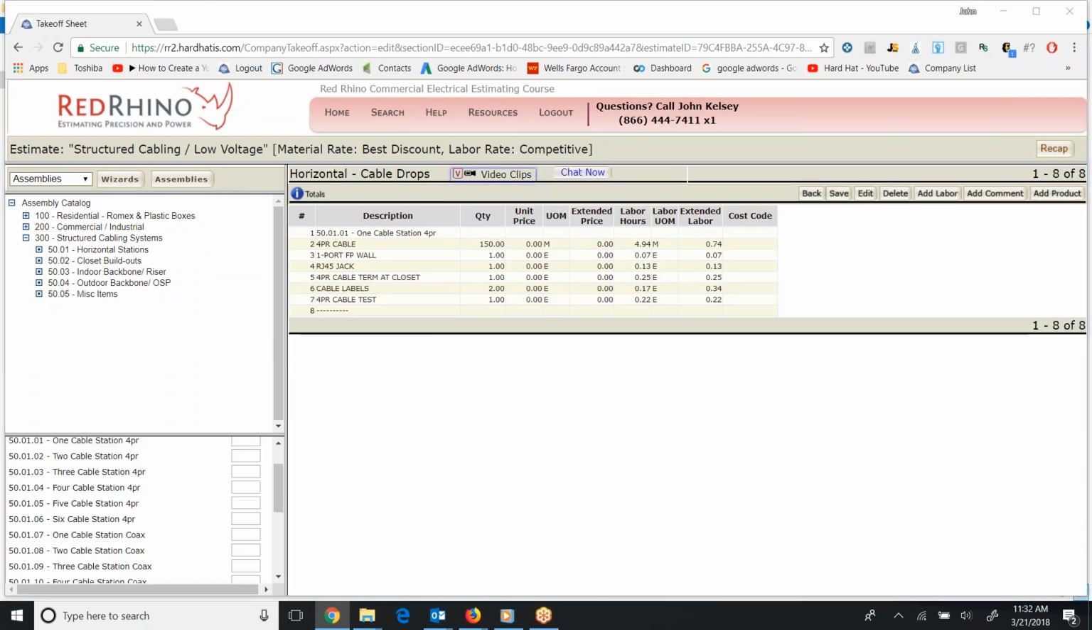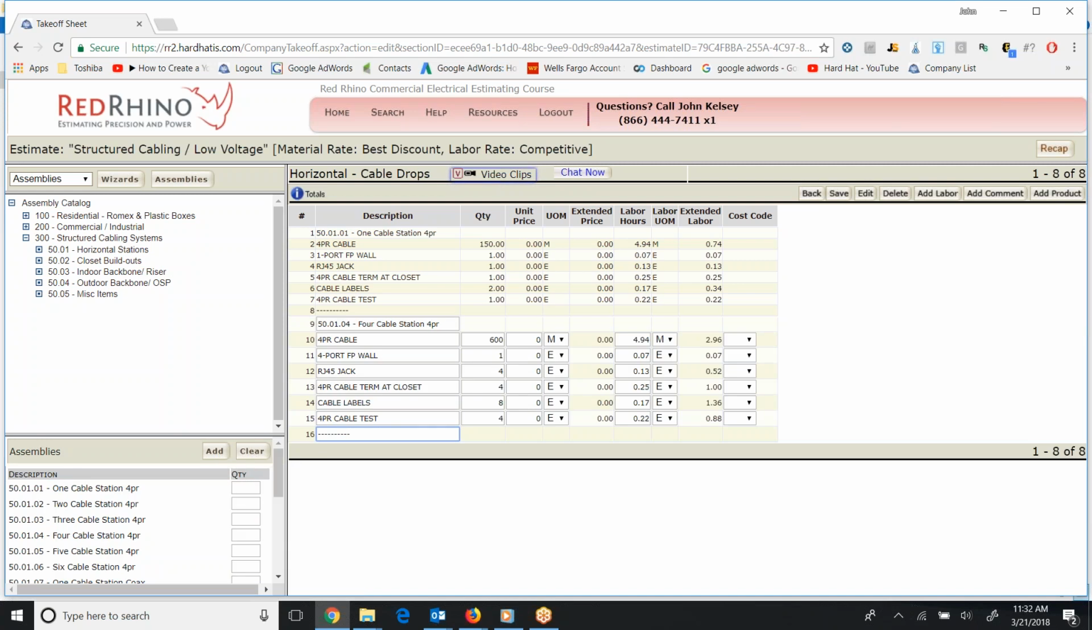Now, to my point earlier, again, each cable station or any cable assembly has 150 foot of cable. So to that point, I'm going to put in a 4 cable station 4 pair. I'm going to put in a quantity of 1. Looks like it hid the add button. I'm going to scroll up here and click add. And when I do, again, it's a 4 cable station